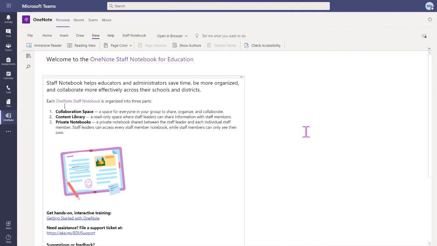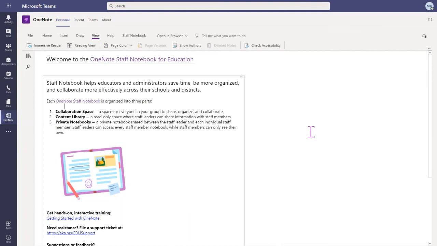Yeah, so we did have a specific question regarding sharing a notebook and the security of that for class notebooks. The question is specifically, if we were to have a notebook that we add as a tab, will that automatically share it with everyone in the class, or will we need to share that within OneNote before we share it in Teams?